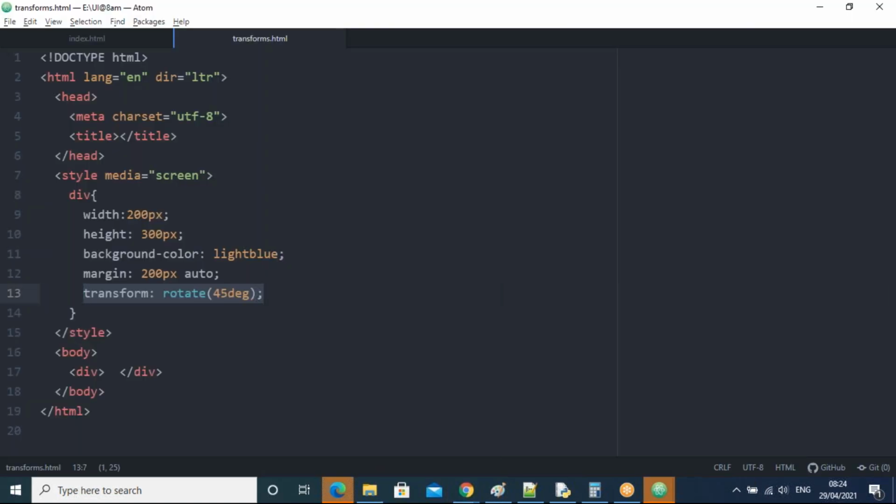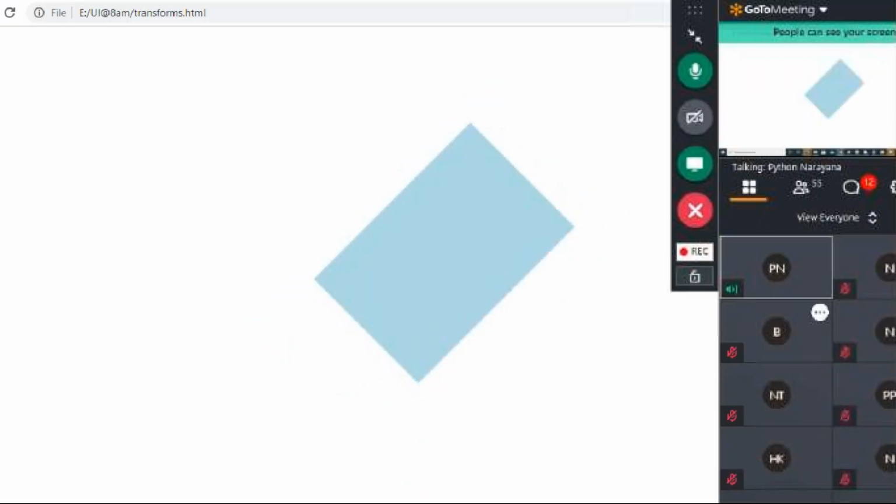I'll take this and rotate 45 degrees. Now all of you observe, guys. Which side is it rotated? Initially it is like this, right? 45 degrees means now it came like this.